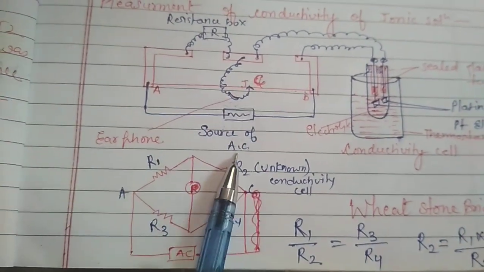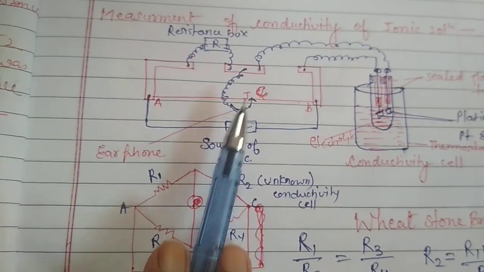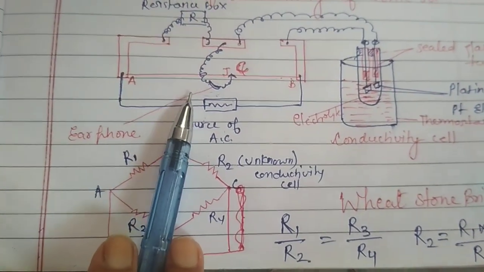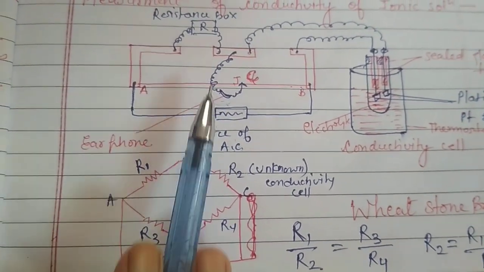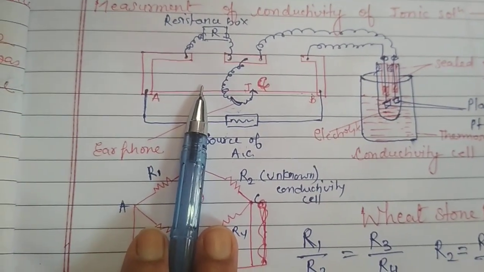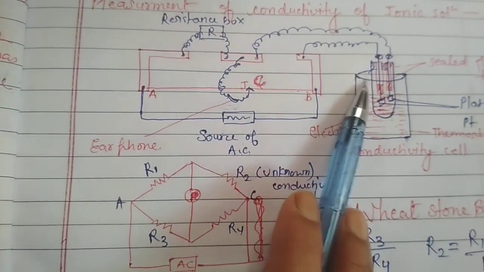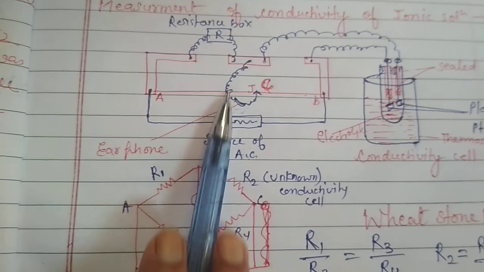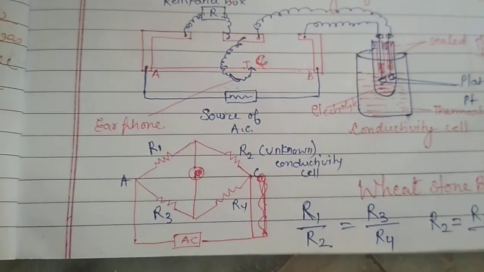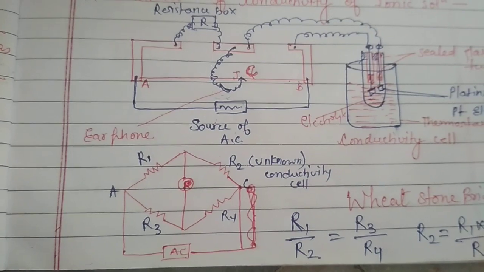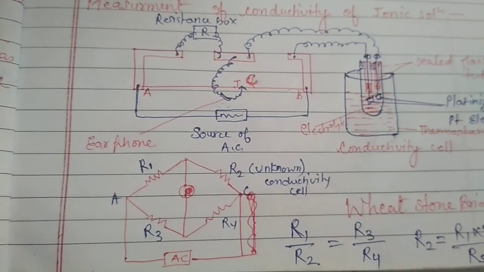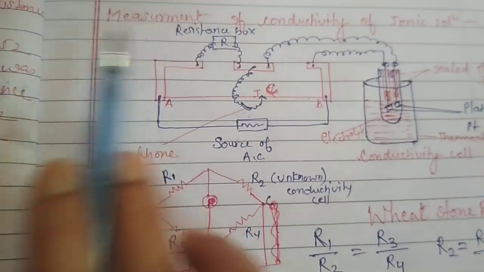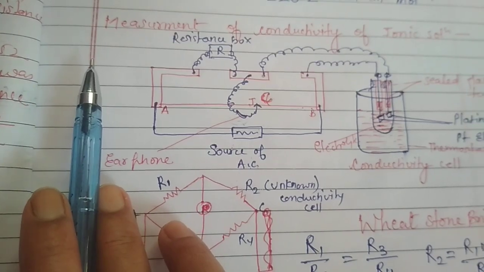So we will make the diagram and write a brief idea with these problems and their resolutions, because in the examination you are generally asked why you don't take DC in the case, why you don't take a galvanometer in the case, why and how the conductivity cell is being taken in the case. These two questions are more important, why we don't use DC in place of AC, and in the similar manner in place of a galvanometer why we use the earphone. So you have to prepare this topic like this, and you have to solve a number of questions related to these terms. Thank you.